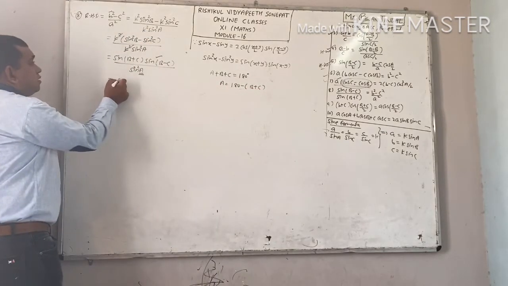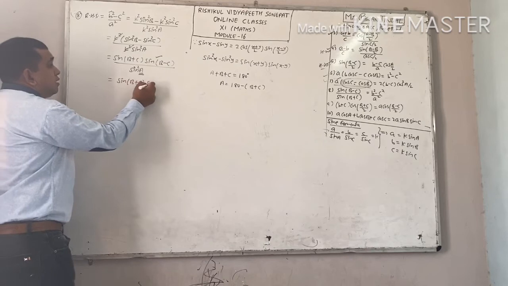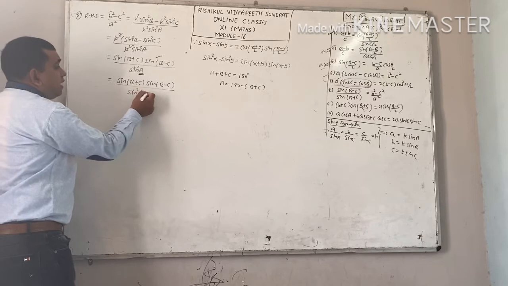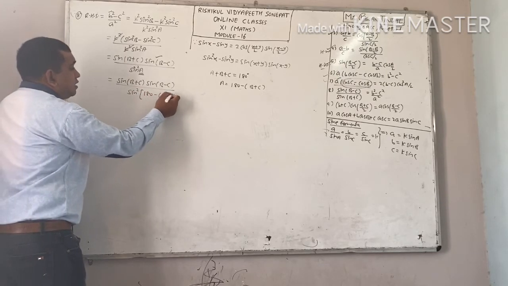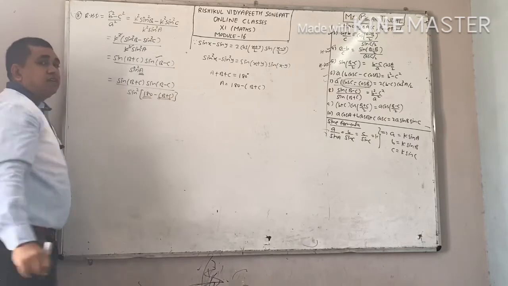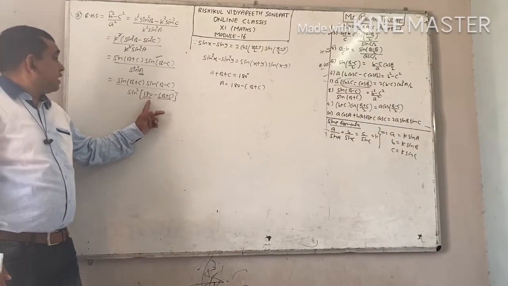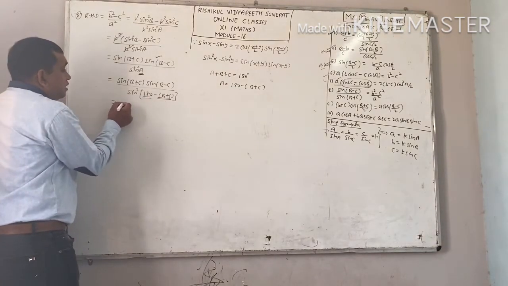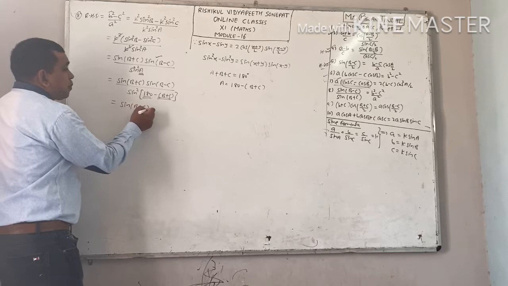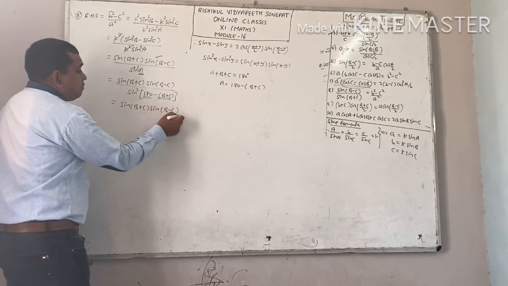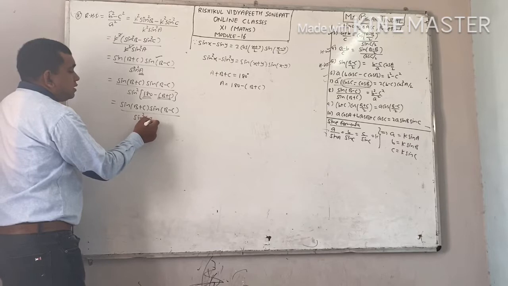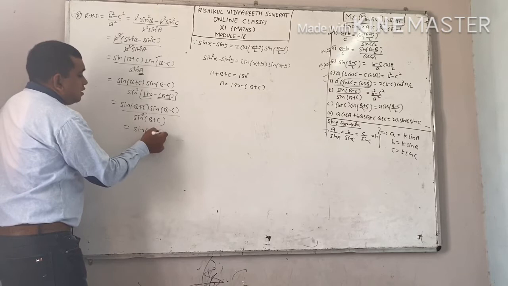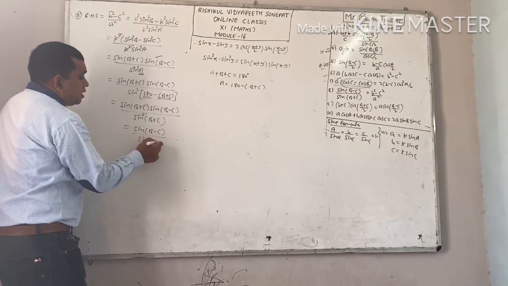Put it here. This is your sin B plus C, sin B minus C, sin square 180 minus B plus C. Sin 180 minus theta, that is your second quadrant, and in second sine is positive. You will get positive answer. 180 means no change. Therefore, you will get sin B plus C, sin B minus C divided by sin square B plus C. One power will be cancelled out and remaining is your answer. This is your question number 8.